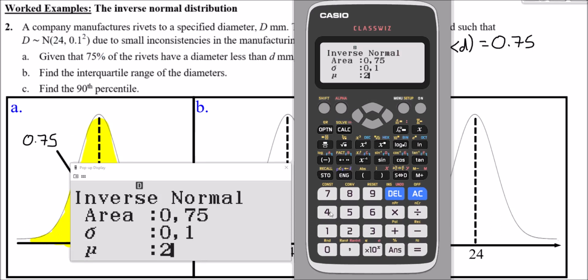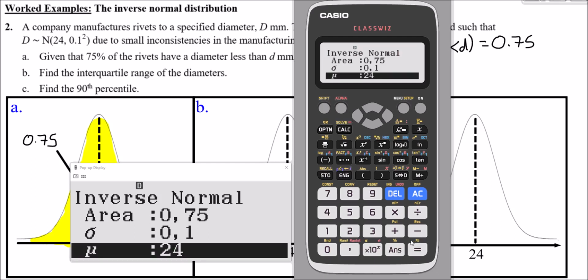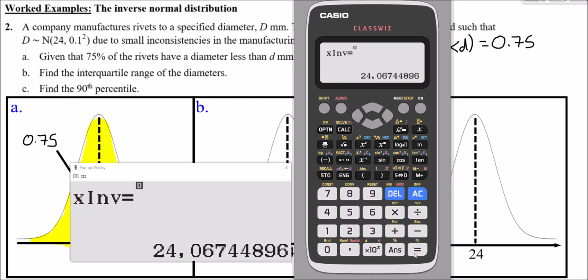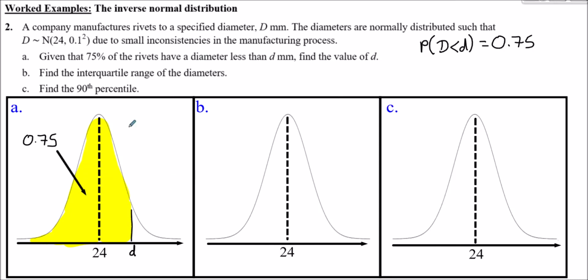So press 24 and equals, press equals again to generate the required value, and we get 24.067. So little d is 24.067 millimeters. I've given it to an extra decimal place because these values are very close together because of this tiny